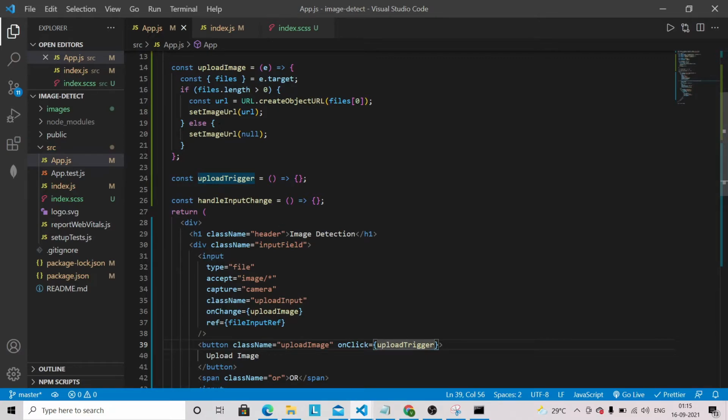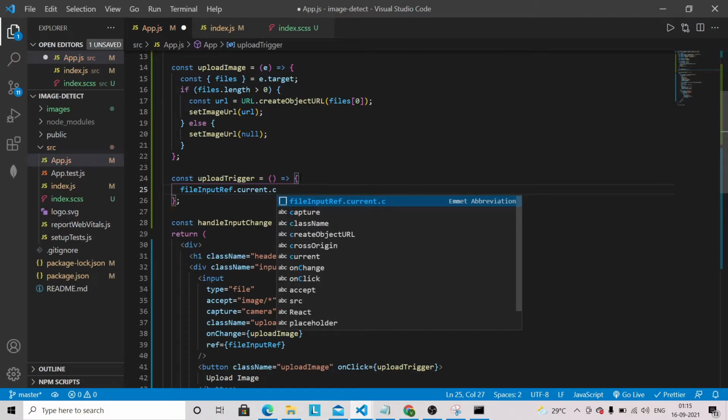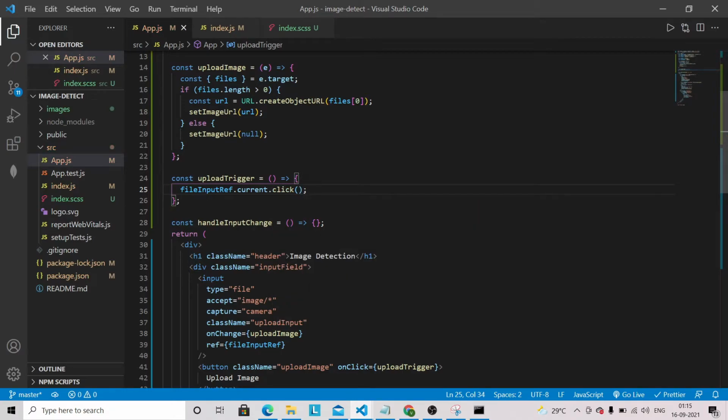So let's define the logic here in upload trigger. So fileInputRef.current.click, and let's go into the browser,